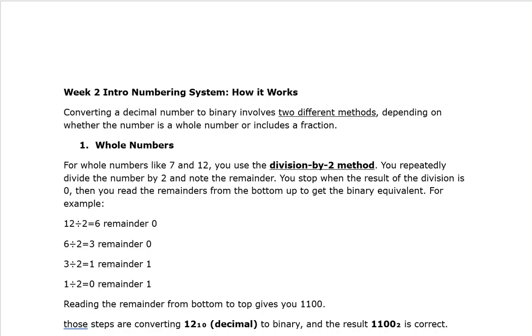Okay, we're doing week 2, Intro to Numbering System. These are some examples that you'll be able to use for our quiz at the end of the week, or maybe toward the beginning of week 3. We'll see. So we'll deal with whole numbers, and this one will be